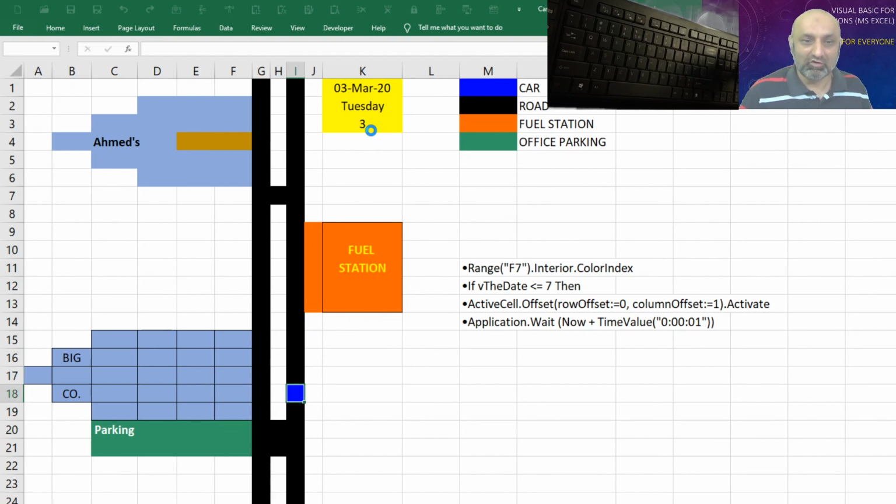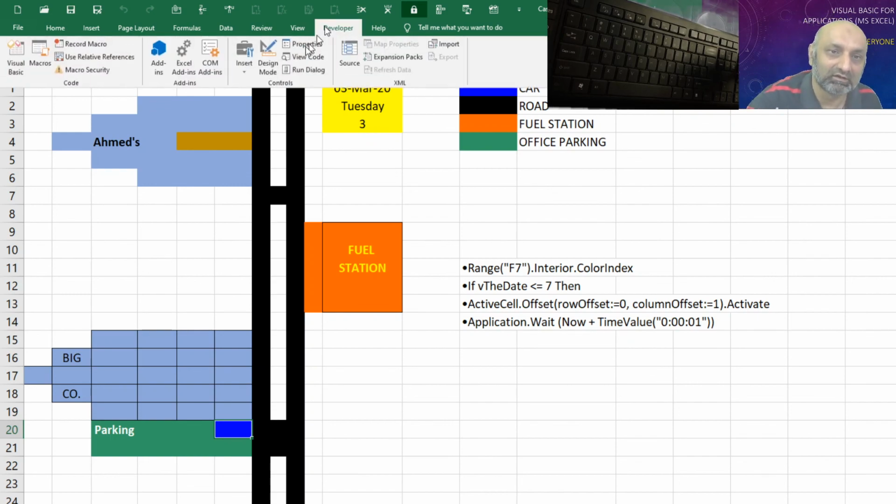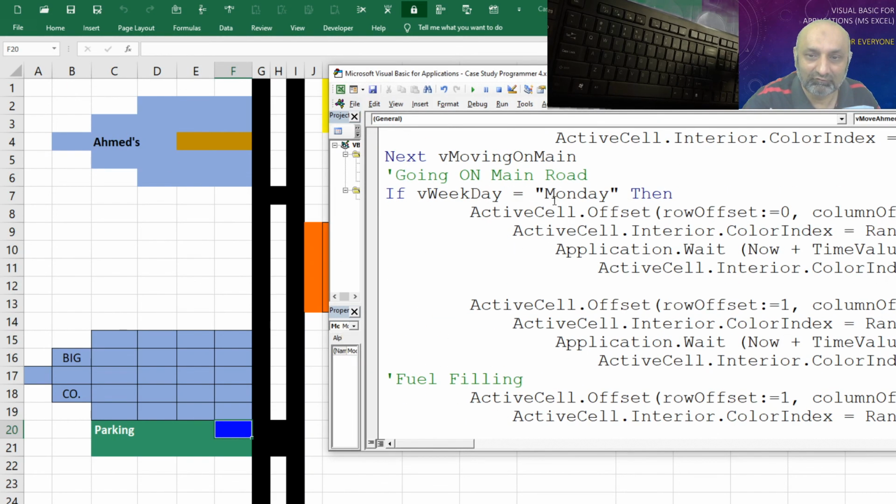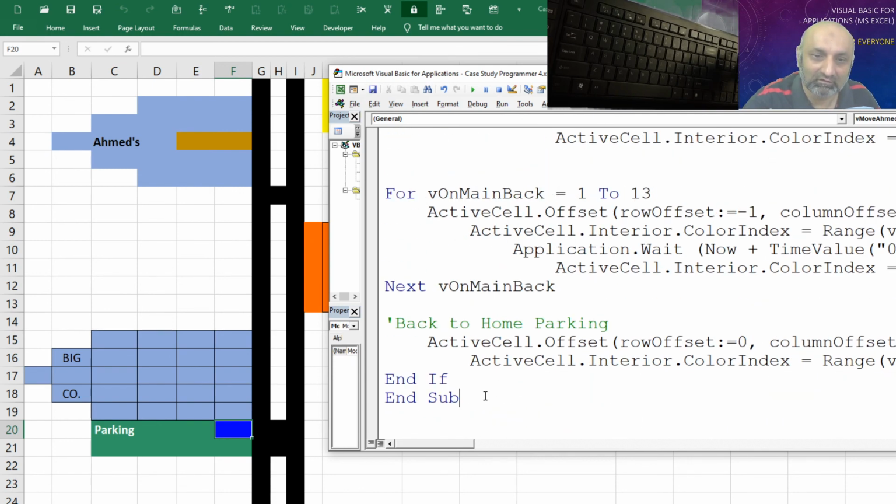So everyone, I hope you are feeling confident that you can program. This is the whole programming you need to learn. Now we will be moving towards learning more functions of VBA, but what you needed to learn as a programmer, as a coder, you have all the skills and you have developed this code, which is of 115 lines. So pat on your back, congratulations, you are good to go.